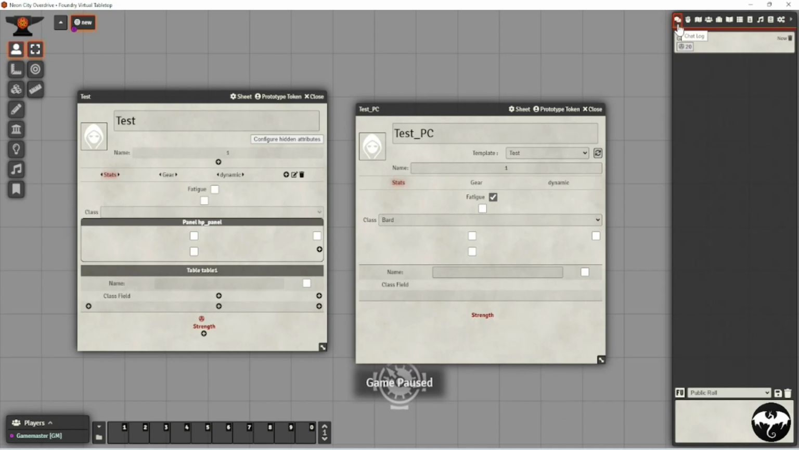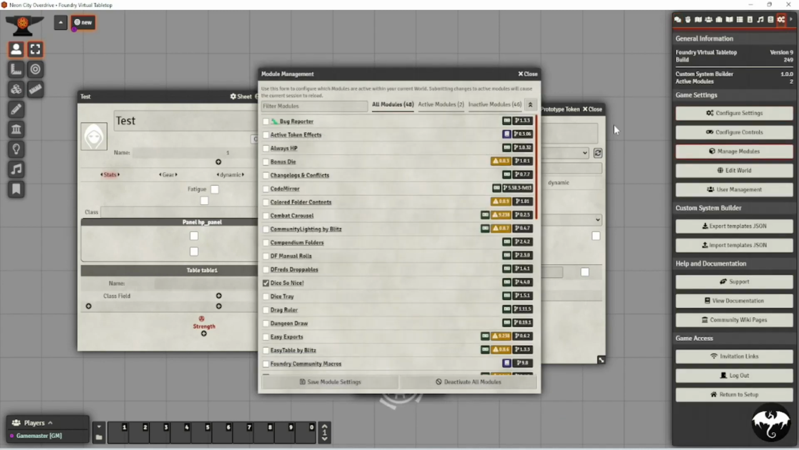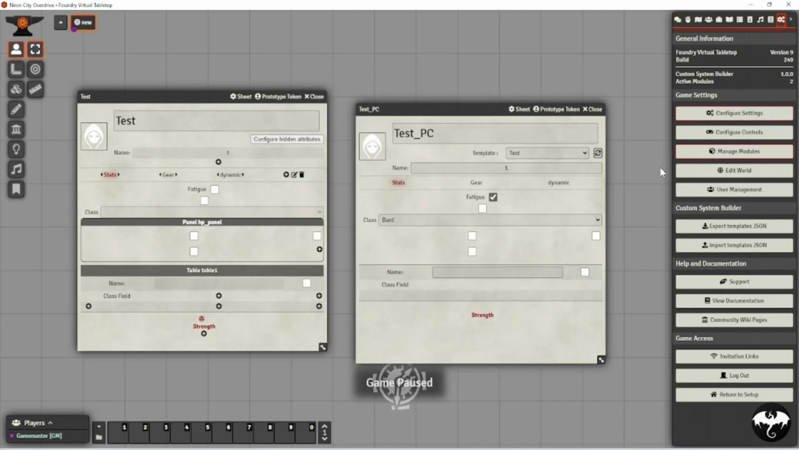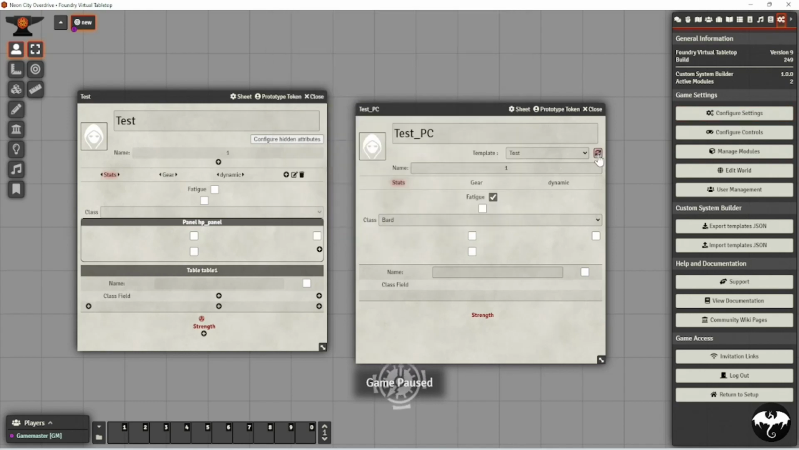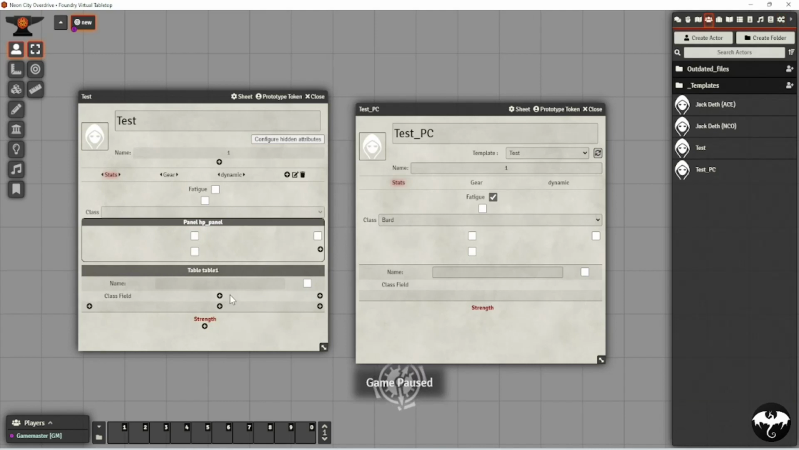Yeah, I forgot to mention, Dice So Nice works with it now. So if you go to manage your modules and select Dice So Nice, you can now do your rolls. So because we've set this as strength, let's dice d20, get rid of that altogether, roll icons, just, there we go. Okay, so we've got our